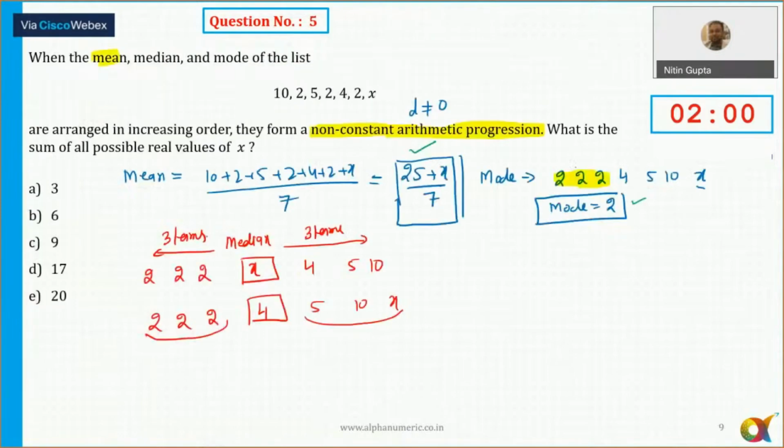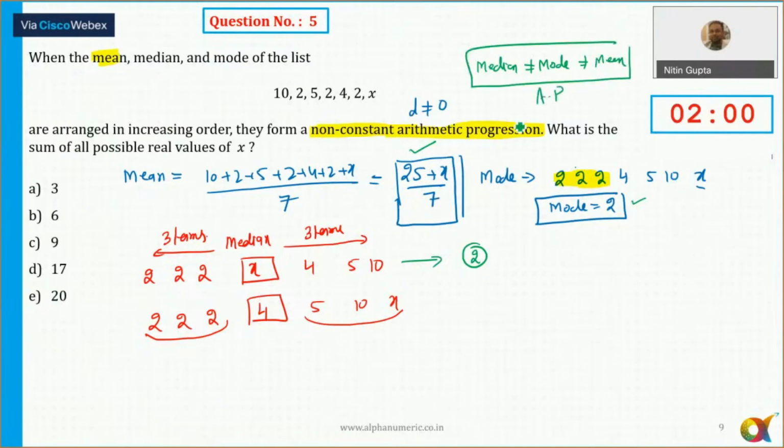Yes. So x is my median, and 4 here. Like Apeksha has pointed out, Rohit, yes, that's right, even 2 can also be the median. But that's what I'm saying. In the first case, the possibility is that my median is equal to 2. But we know that they are forming a non-constant series, so the median can't be equal to the mean also. The reason being that the three terms are forming a series of arithmetic progression where the common difference is not equal to 0.